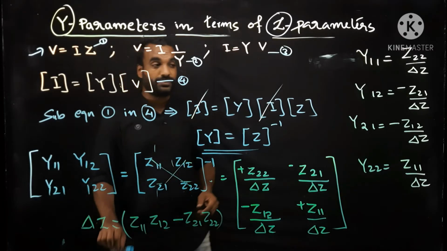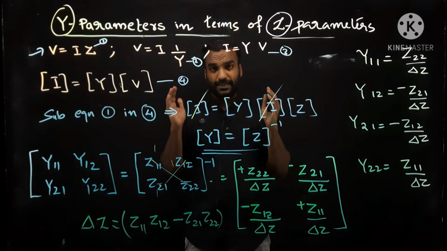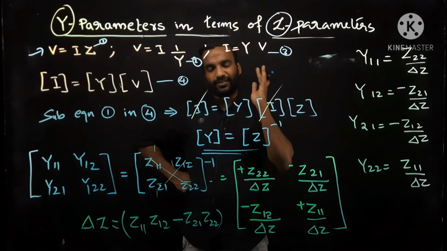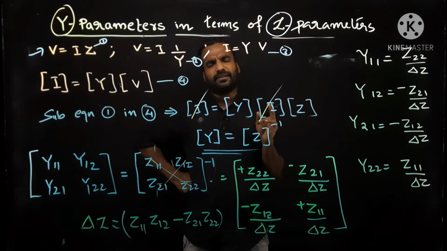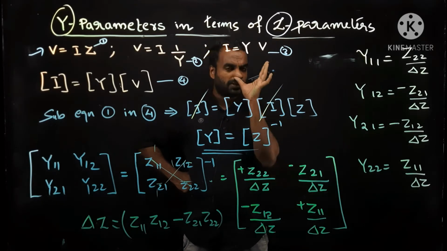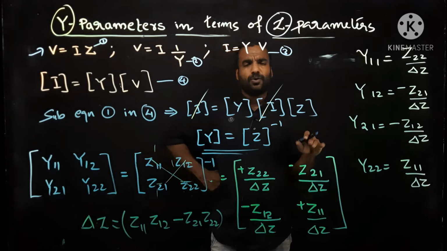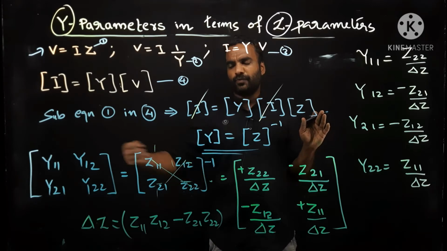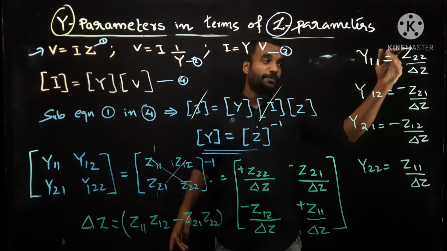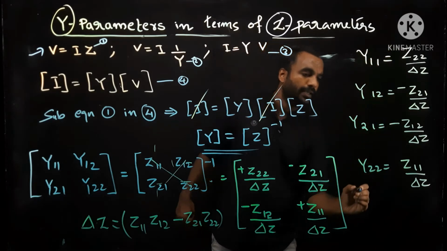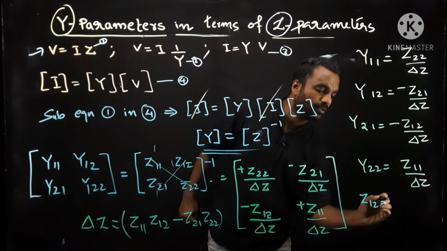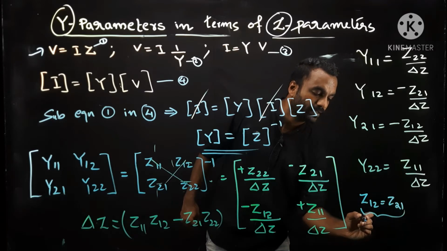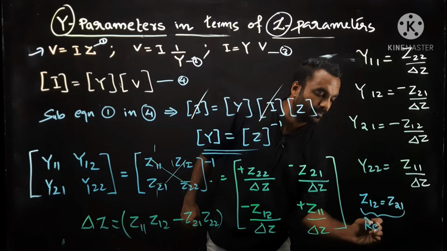Anyhow, let me ask one question. If the basic circuit is a reciprocal network, like the standard T network, pi network, all those networks are reciprocal networks. Anyhow, initially you find all the Z parameters. Then you will convert it to Y parameters. From inspecting Z parameters, if you see Z12 is equal to Z21, we know that the circuit is reciprocal.